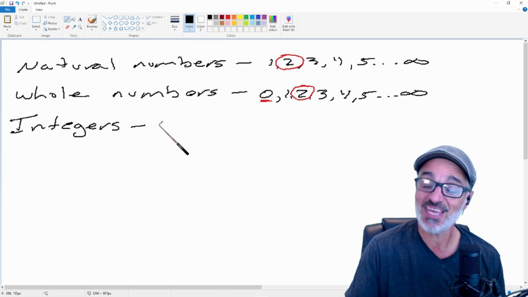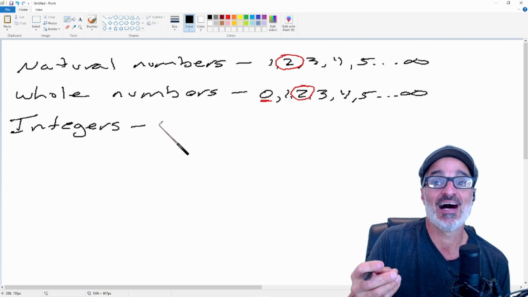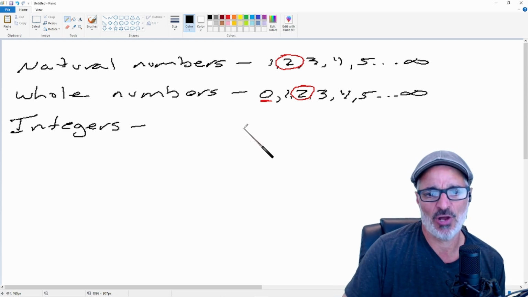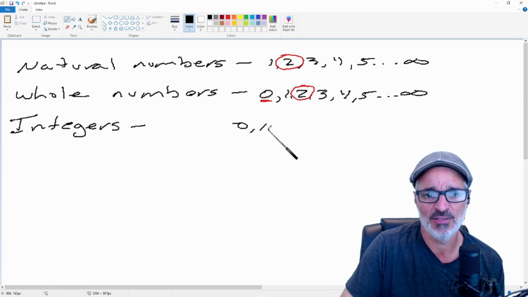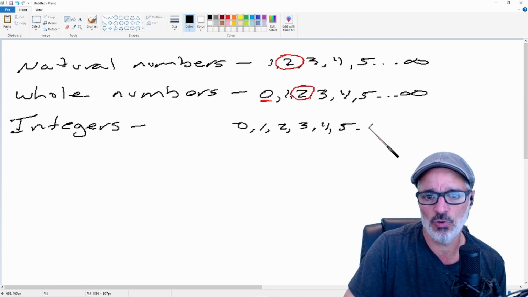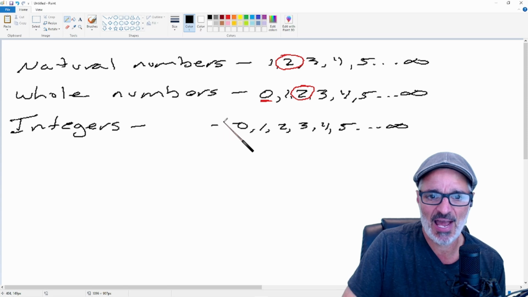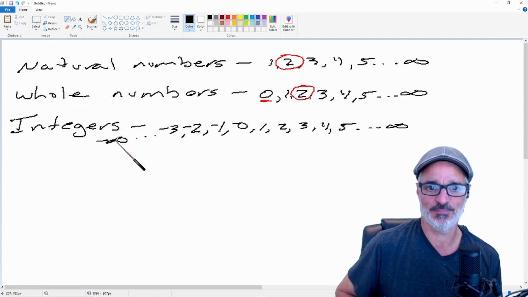Integers. And before they came up with something called integers, somebody had the idea to call some numbers negative numbers. So they said, okay, we're gonna put zero in the middle, right? And after zero, we're gonna have all the natural numbers, 1, 2, 3, 4, 5, all the way to infinite. But if you owe one apple, you're gonna have -1. And if you owe 2 apples, you're gonna have -2 and -3 and all the way to negative infinite.